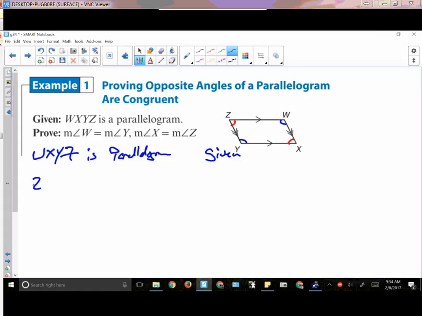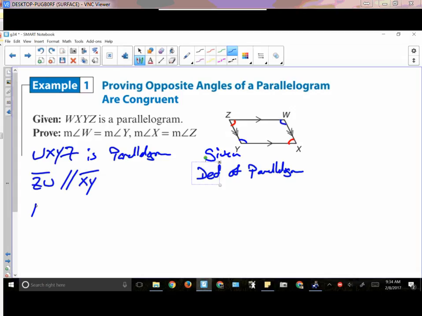So is ZW parallel to XY? Is this true? Okay. Definition of parallelogram. Okay. So,